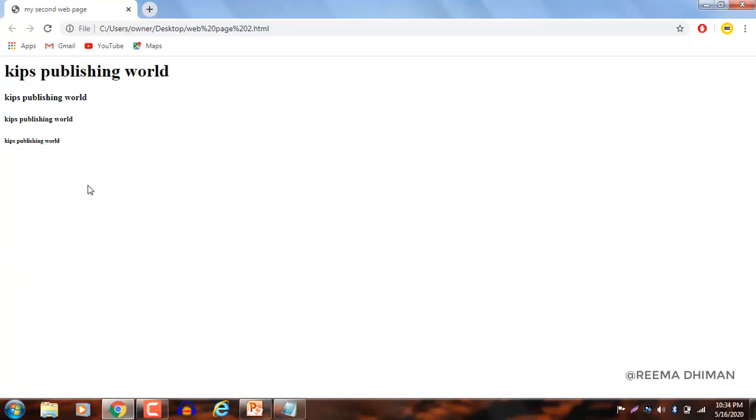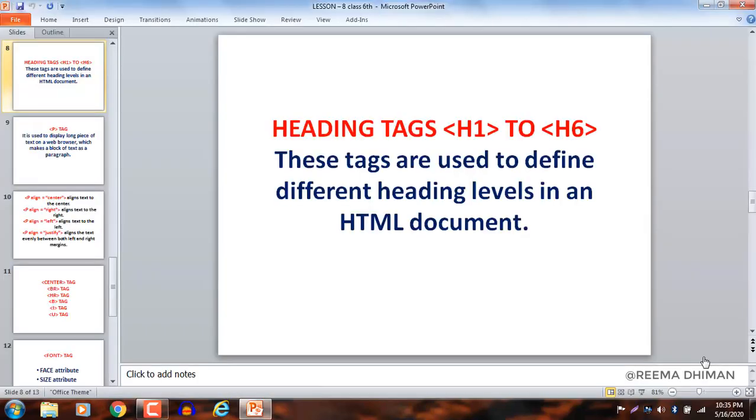As you can see in this, now there are only 4 headings. Why? Because I have deleted h2 and h3. Total there were 6, now there are 4. So I just want to tell you this thing by example, that there is no need to use these headings in hierarchy. Hierarchy means sequence. Clear? Now I hope the heading tags are clear to you.